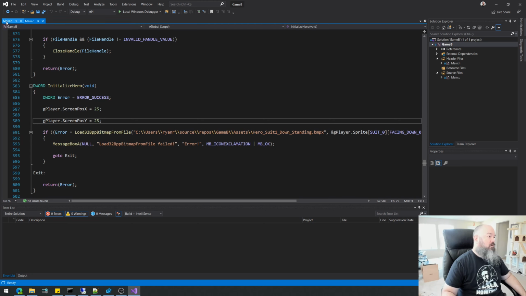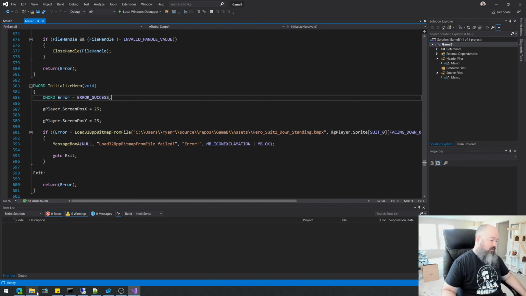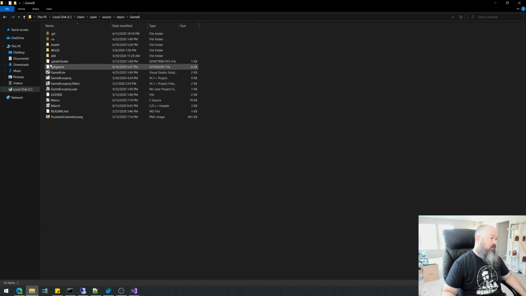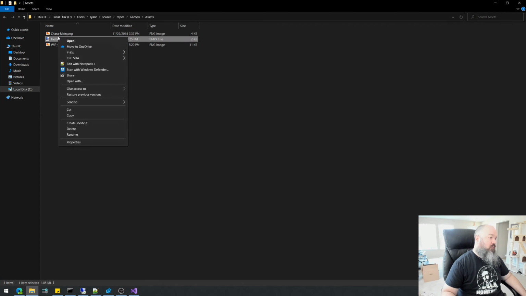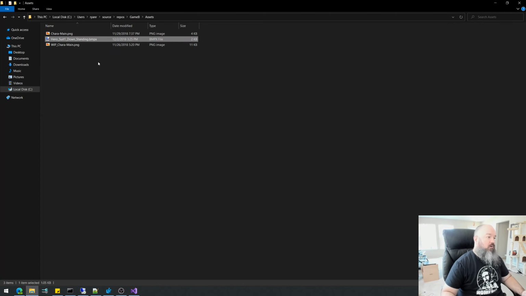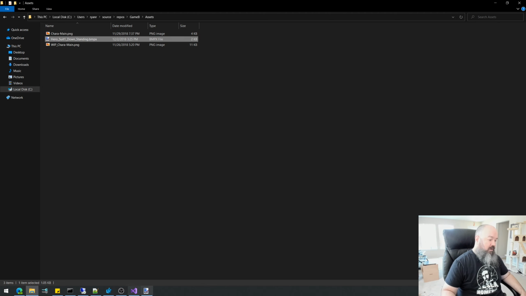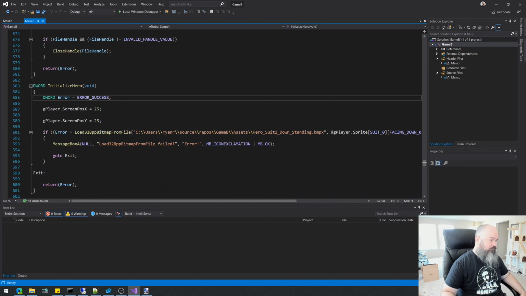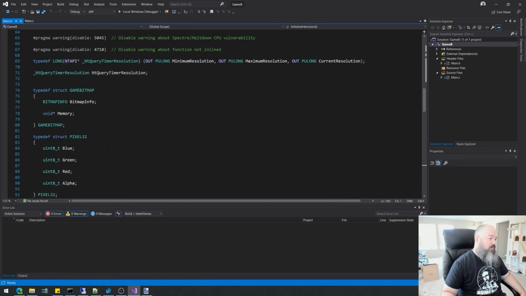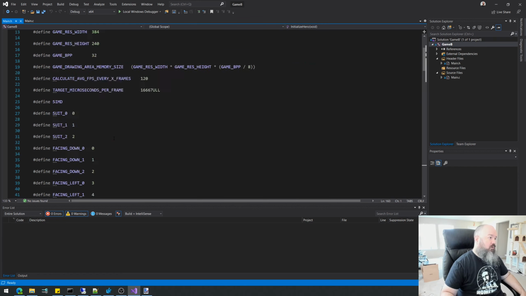Remember that the bitmap that we wanted to load is basically just our character in a standing, facing-us sort of pose, just standing there. We already loaded that into memory last time. So I think what I'm going to do this time is make a new function,